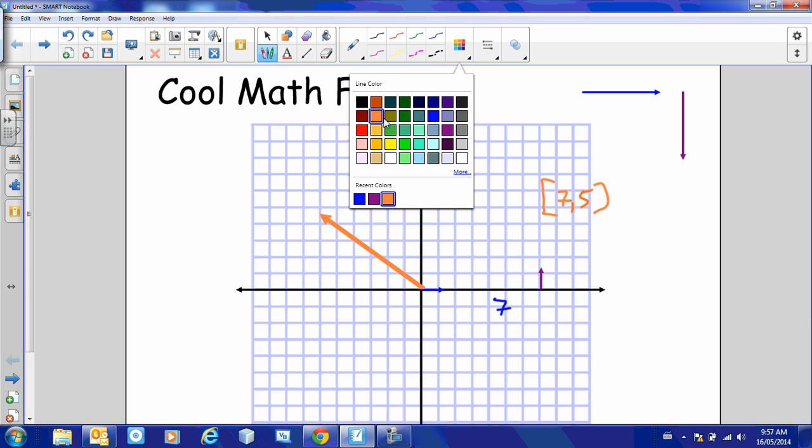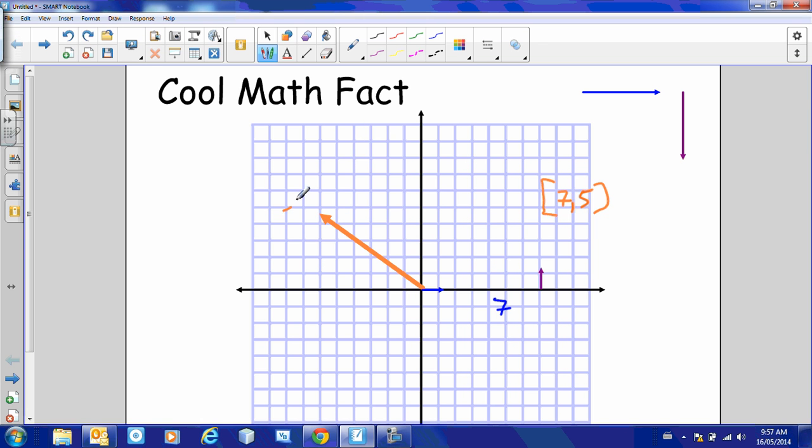If I go this way, 1, 2, 3, 4, 5, 6, and then 1, 2, 3, 4.5 maybe, so -6 and 4.5. And again, what that's saying is I need 6 of these turned around, so -6 of those, and I need 4.5 of these to go up this way. So no cool fact so far, but the cool fact is